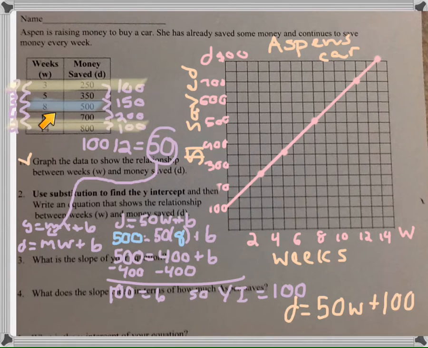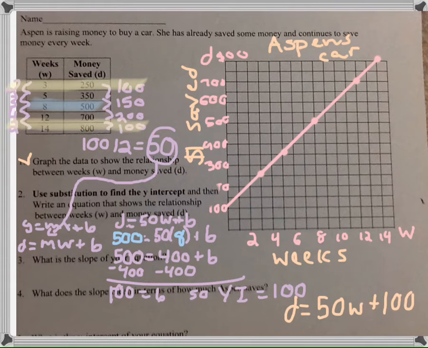We have this table here, and we have to set up our X and Y axis. In this scenario, the x-axis would be W, or weeks, because it's the independent variable. And the y-axis would be D, or money saved, because that depends on the weeks. I set it up, my x-axis goes up by 1, and my y-axis is going up by 50, but I only wrote every other term. And then we simply graph the points given to us in the table, and label the axes weeks, money saved,